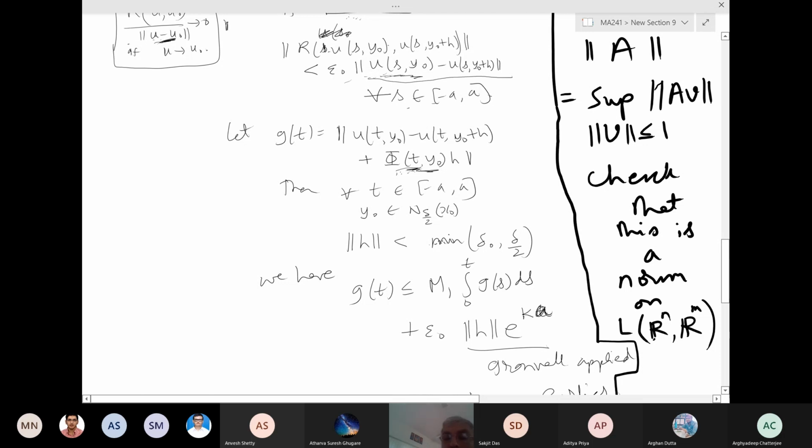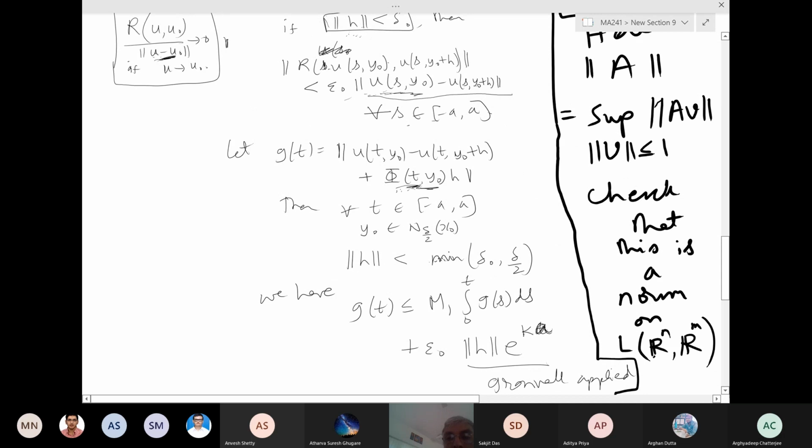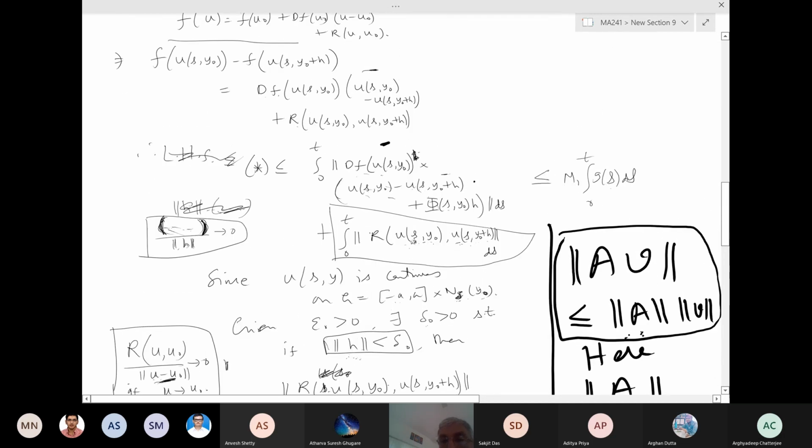So here when I say M1, now we wanted to apply it at this stage here. So M1 is the operator norm of this thing here, this linear transformation. M1 equal to the operator norm of, rather the sup of all those operator norms over